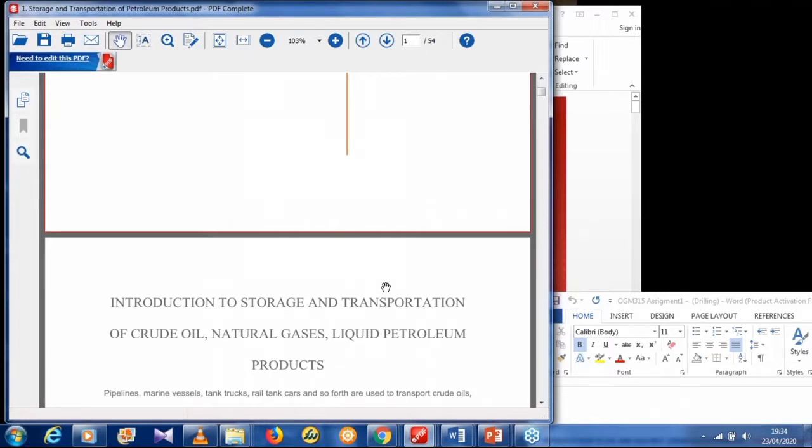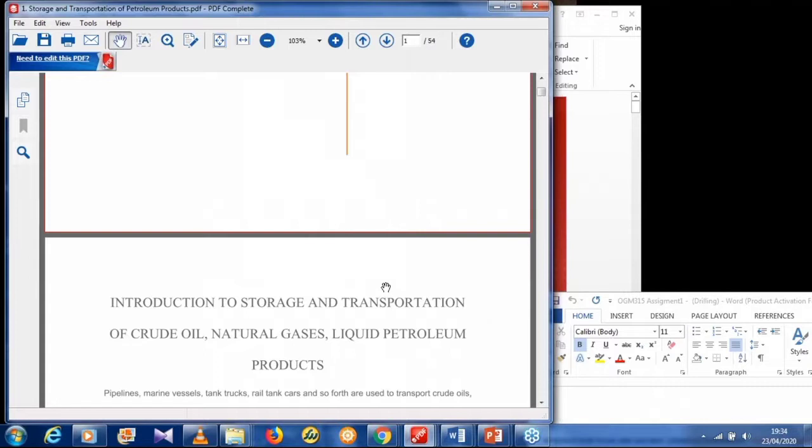Now, from the rig, there's a need to transport this product first of all to the refinery